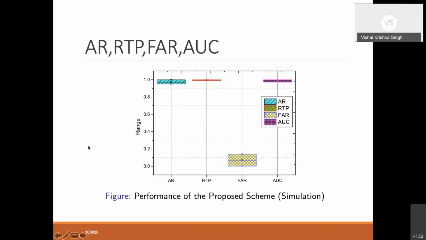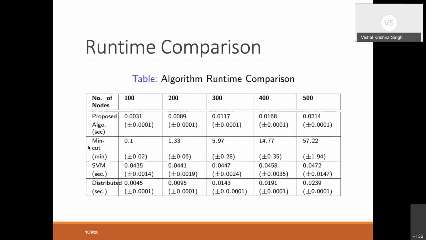This solves the entire purpose of accurate event detection. We also ran a comparative evaluation of the runtime of the algorithms,